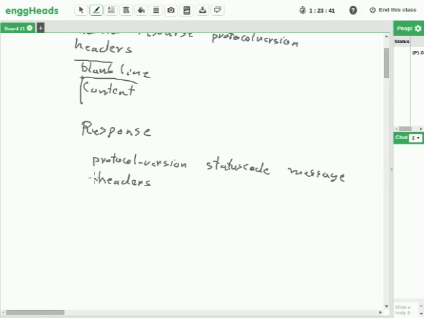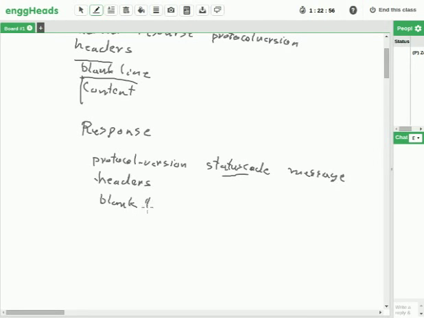Especially in response, there are headers which will be dependent on the status code also. So you'll have headers in response which are again dependent on status code. Let's look at this status code thing. But anyway, the typical syntax is similar. You have that first line, you have a number of headers, then it is followed by